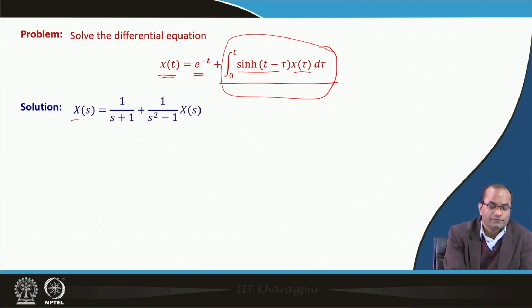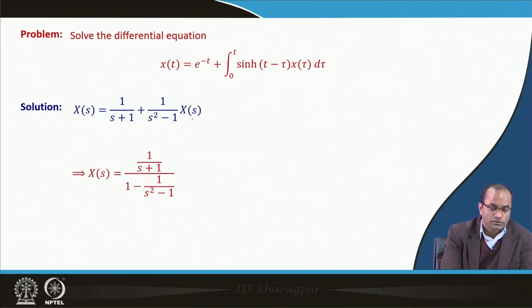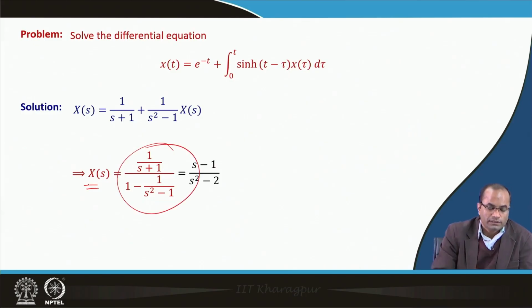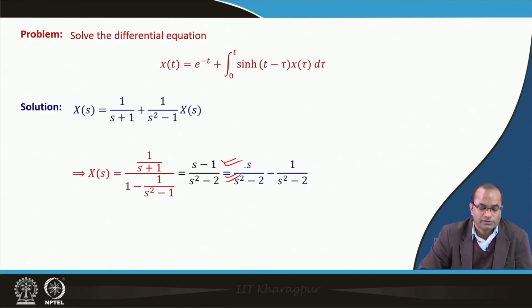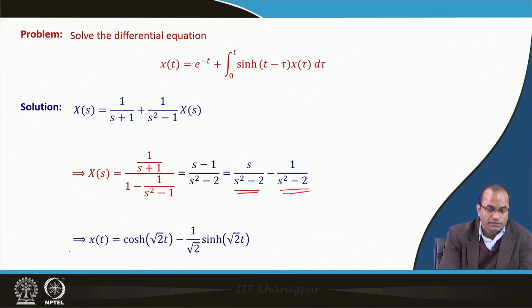So, having that, we have the X(s) here, and then for e^(-t) we have 1 over s plus 1, and in this case this will be the product. So, the Laplace of sinh will be 1 over s square minus 1, and the product of the Laplace of x(tau), that is X(s). So, we have X(s) is equal to this one, and that means this s minus 1 over s square minus 2, and we have s over s square minus 2 minus 1 over s square minus 1, and taking